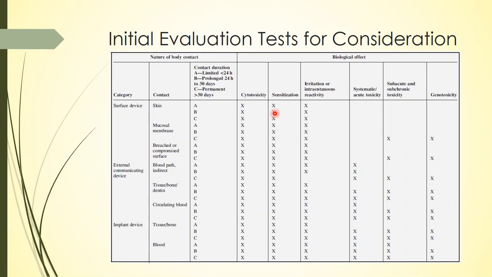So this particular piece of cotton that you are using to press and to make sure that the blood is coagulated and it stops leaking out, right? You stop bleeding. So that piece of cotton or that piece of band-aid that is put on that small tiny incision is a limited contact surface device, right? It comes in contact with the skin for less than 24 hours. I mean, if you fancy, you keep it longer than 24 hours, but you are advised to remove the bandage in an hour or two, right? Because by that time, the thrombus formation would have occurred and blood would stop, and you would have stopped bleeding.